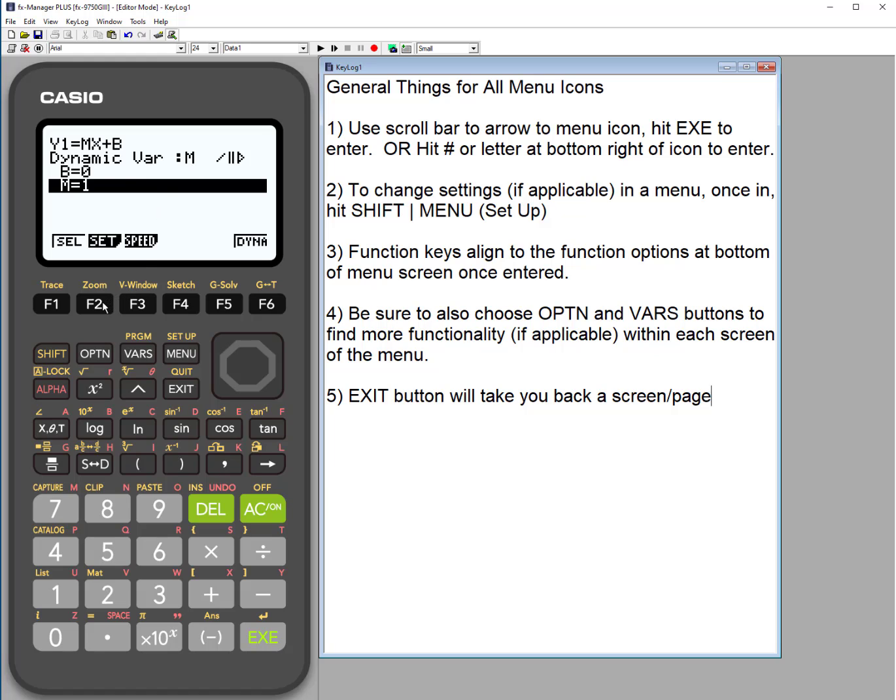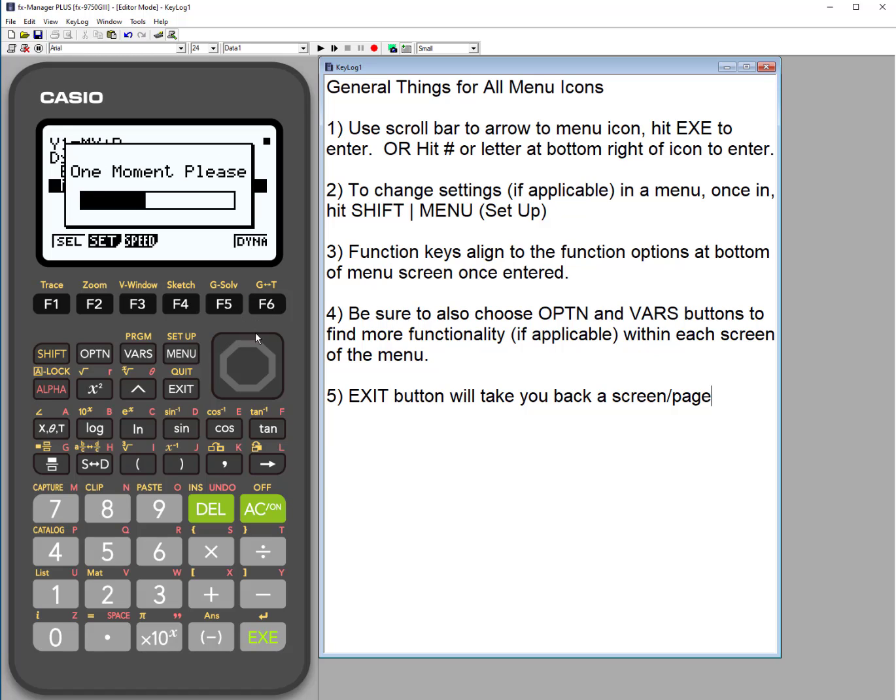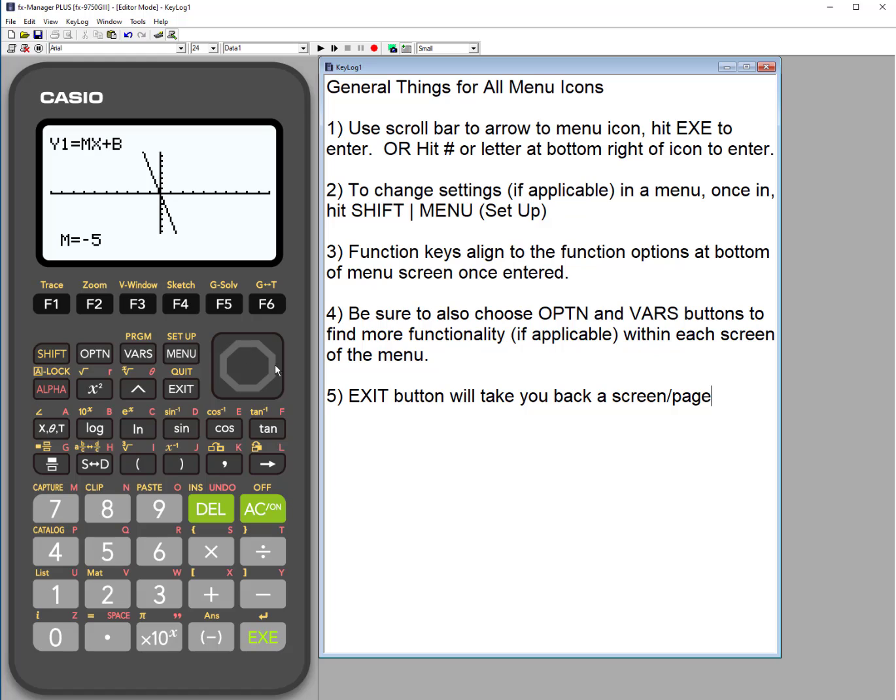Let's leave these the same. So we're going to change M the same way, from -5 to +5 going by 0.5. We're good with that. And speed, I like to have my stop and go. I like stop and go. And so let's do dynamic. So now we've changed the coefficient that we're using. We're using the M variable this time and have students explore what happens.